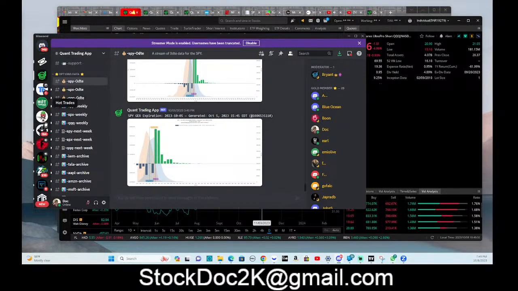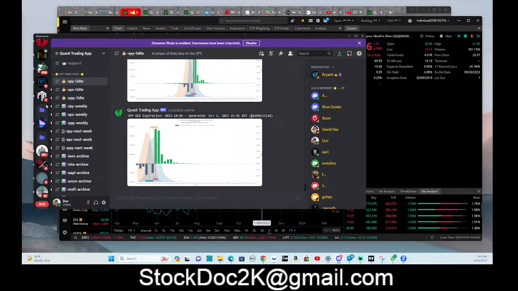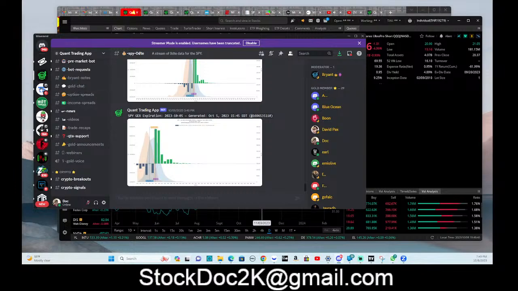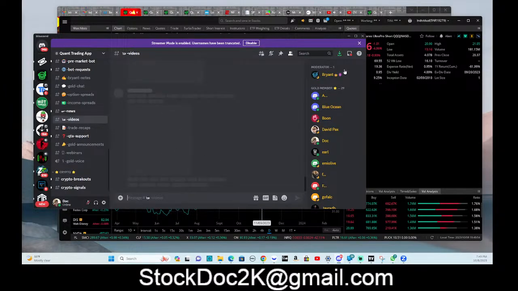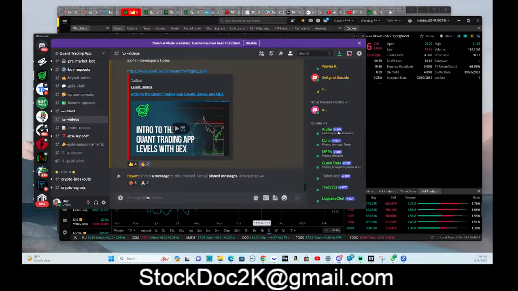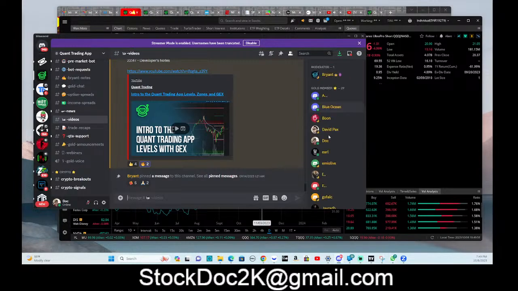The far left bar is your servers. These are the servers that you join or have accepted an invite from, and they'll populate all the way on the left. Once you click on the server you want to be in, these are your channels. This is what you're going to be looking at here. If we click on videos, this is going to populate for videos. These are the members of the server that you're in, the ones that are online, the ones that are offline,